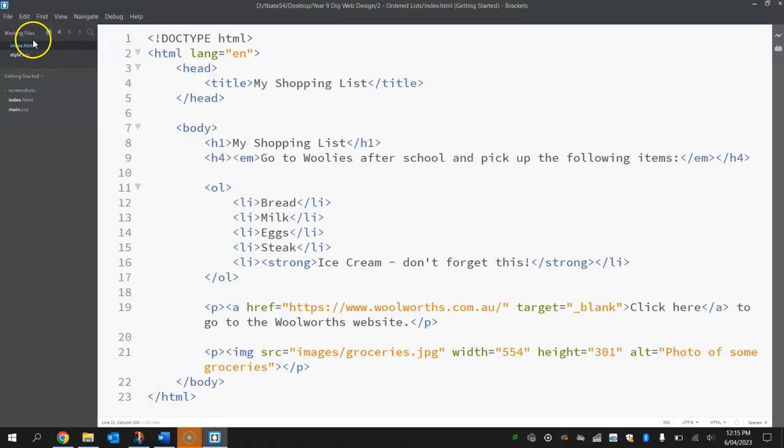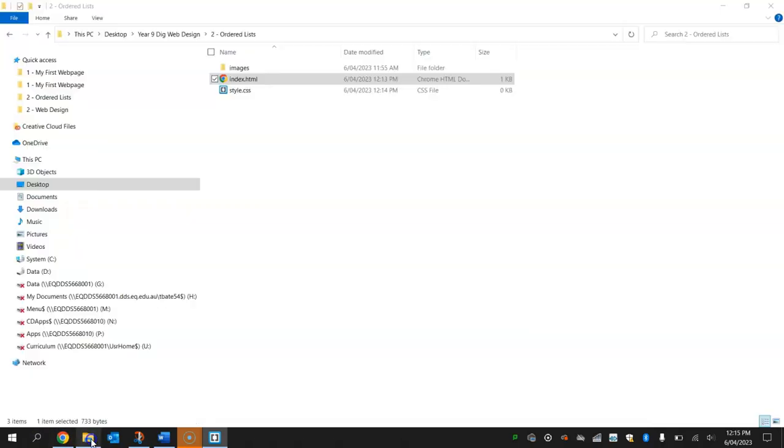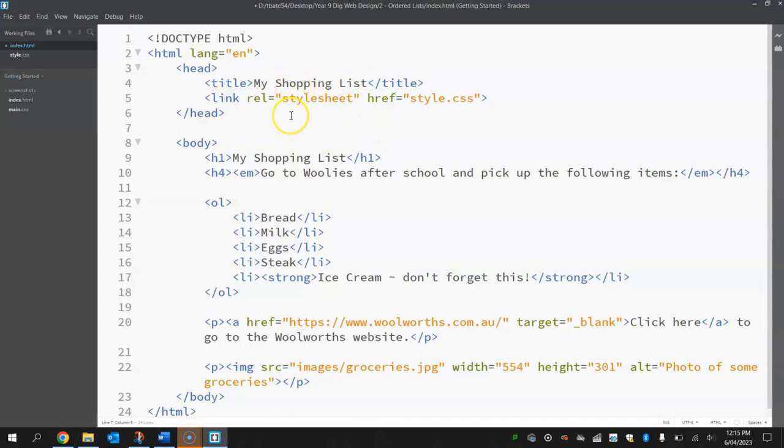Just jumping back to the index page quickly, the first thing I want to do is link the index page here, so the HTML, to the CSS. And the way we do that is go to the head section up here again, and underneath the word title, we're going to put in the pointy brackets and link a style sheet. And the href section is just saying where that style sheet's located on the computer. Brackets has already found it, it's called style.css. Okay, so link rel equals stylesheet, href, so where's it saved? It's called style.css. So it's that document right there. Okay, so now that those documents are linked, I'll save that